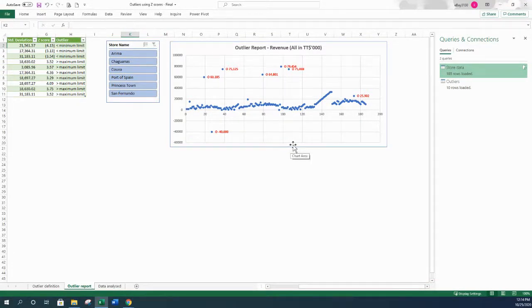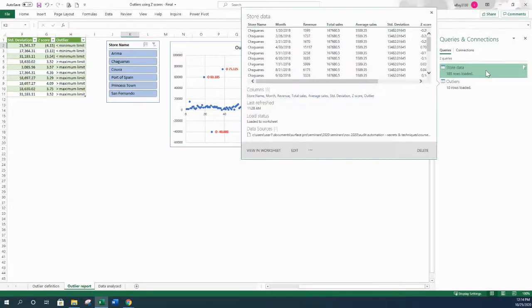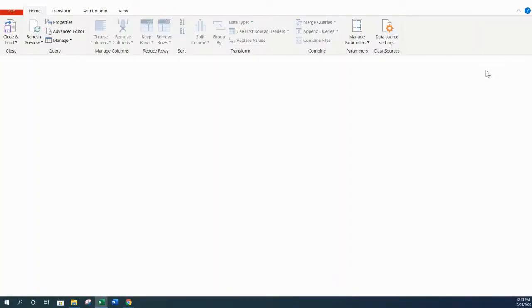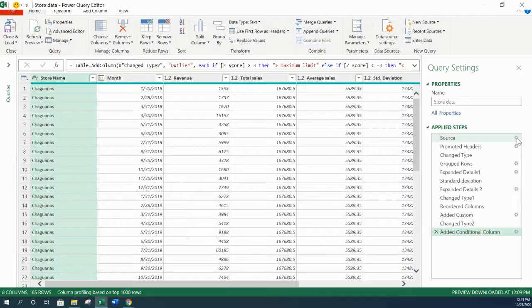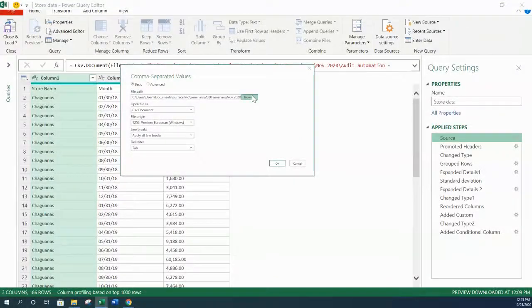Now, just to see if this is dynamic, the data here is only looking at these regions here, but suppose next month I have a new file. I could actually look at the outliers by going back to this query here, the store data query, and changing the source of the file here. So I will go to the source here and just change the link to that new file. So over here I would browse